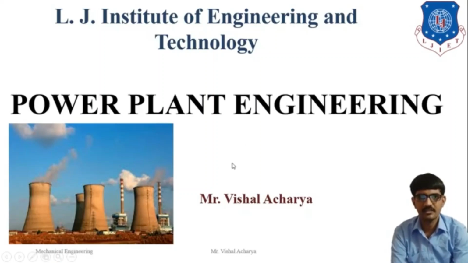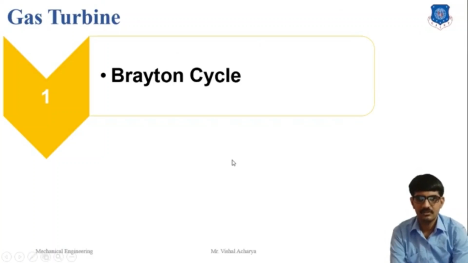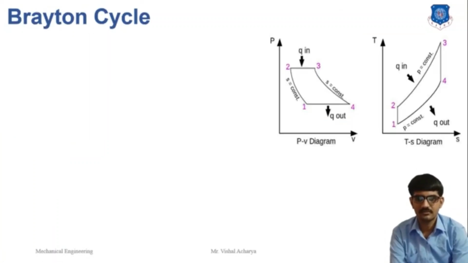My name is Acharya. Today we will discuss the Brayton cycle, the constant pressure cycle. Here, first we show the PV diagram and the TS diagram of the Brayton cycle. Here, the 1 to 2 process means the compression process, the 2 to 3 process means the heat addition process, the 3 to 4 process means the turbine working process, and 4 to 1 is the heat rejection process